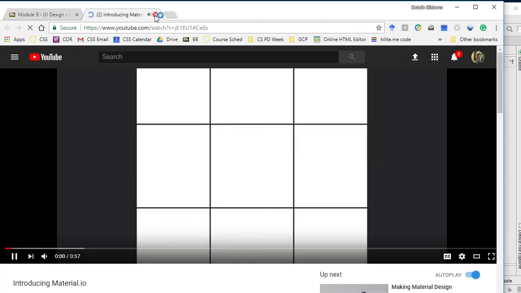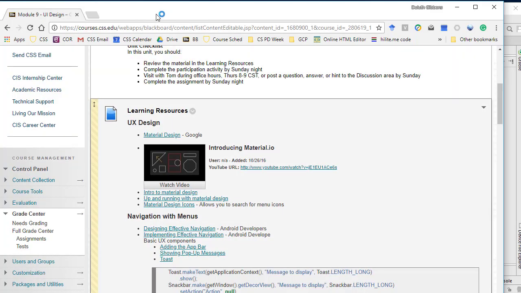Uh, Design is more than pushing pixels. Okay, and that's, I think it's just a 30-second, no, maybe 50-second video, so just a quick introduction to material